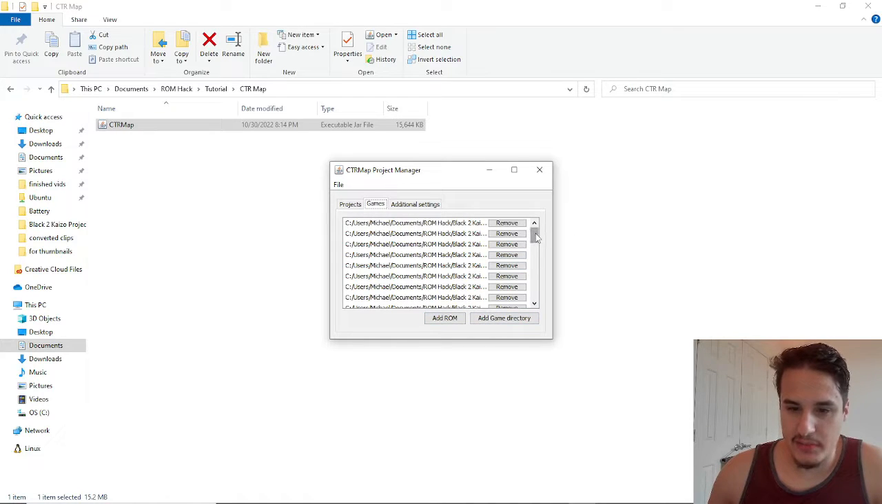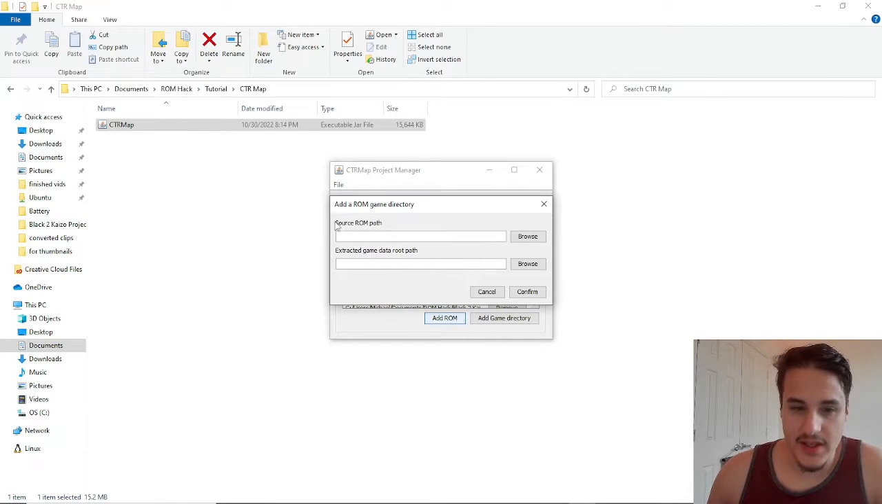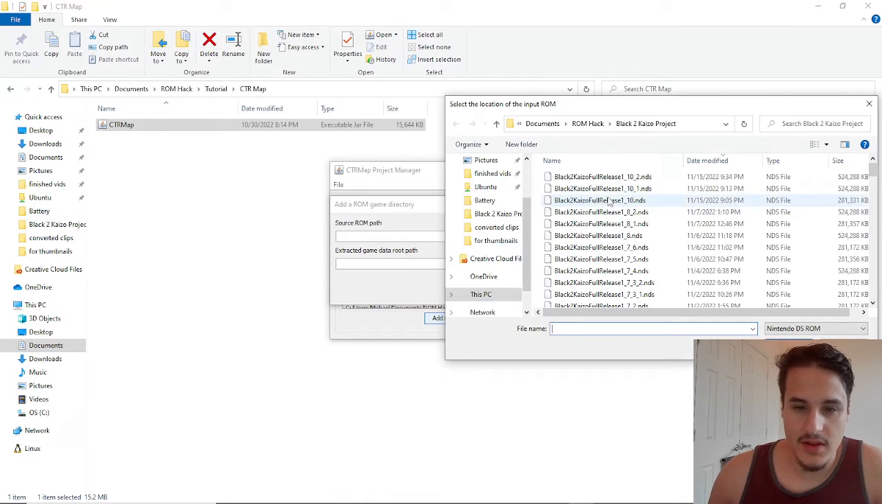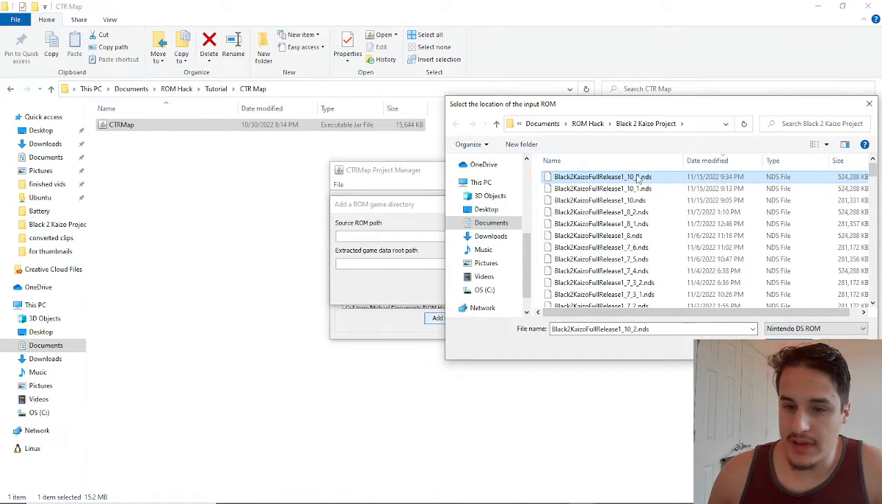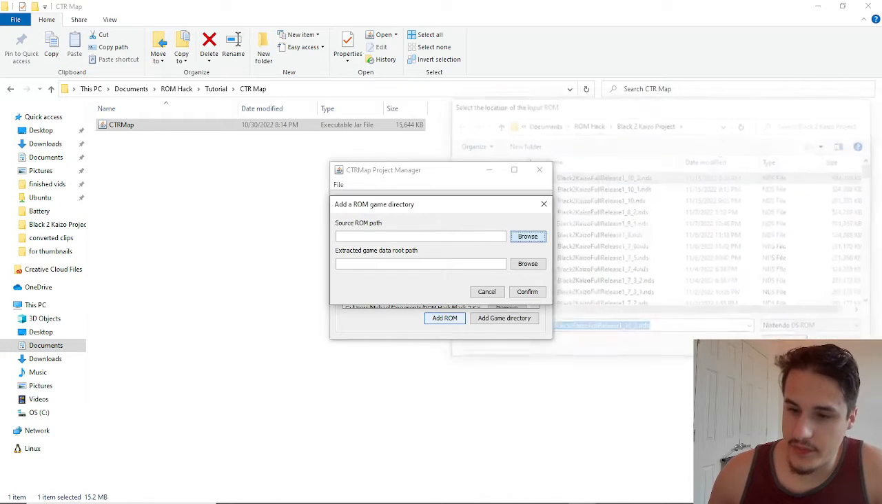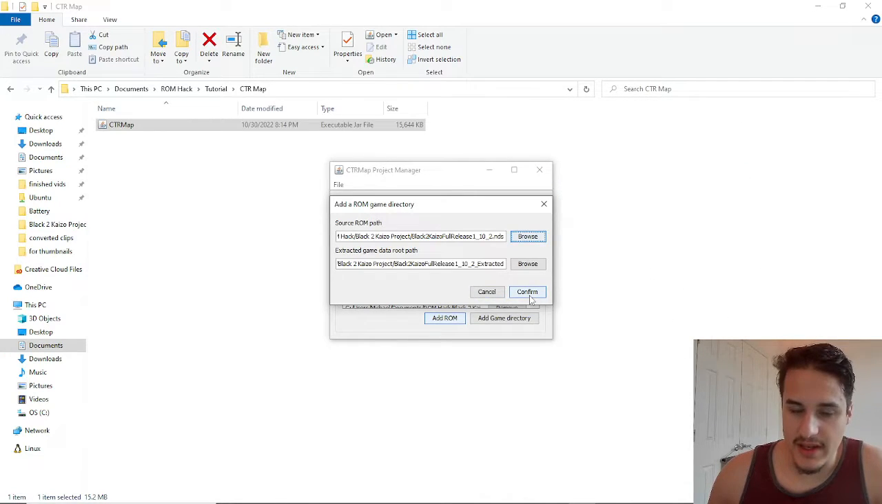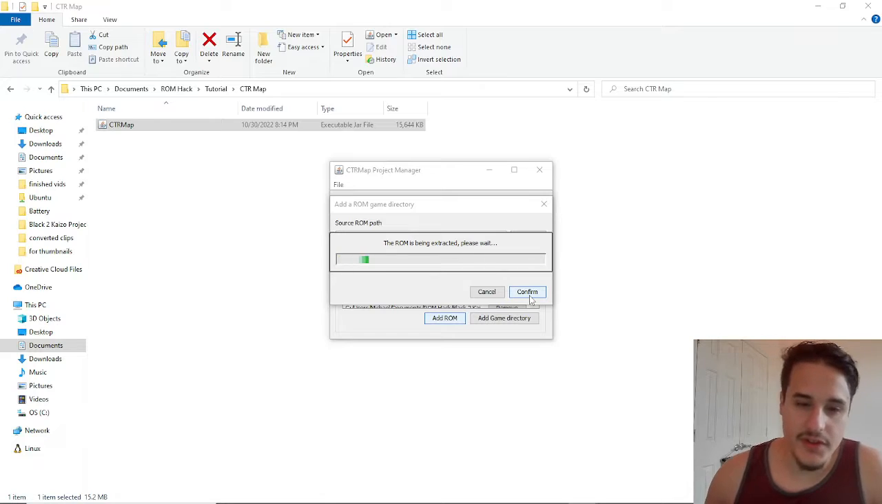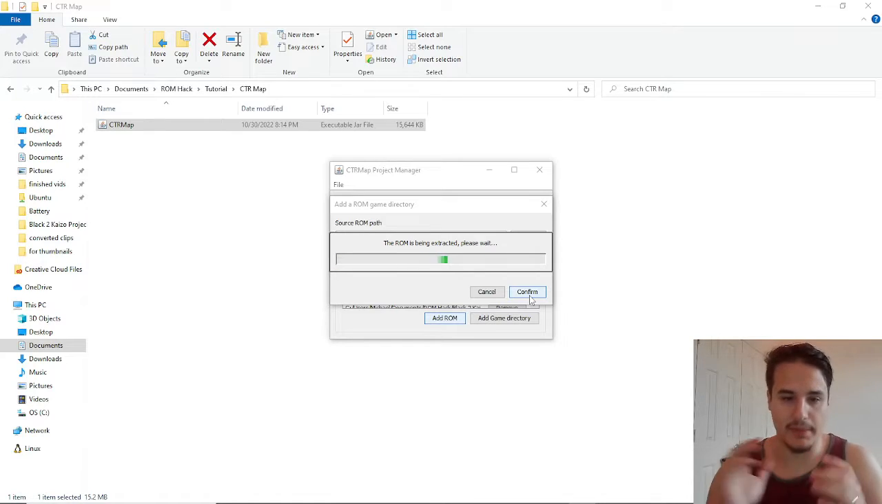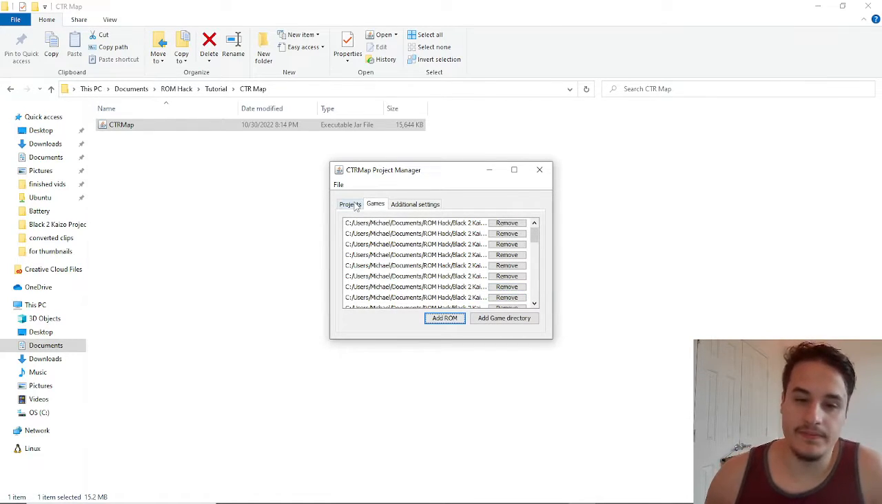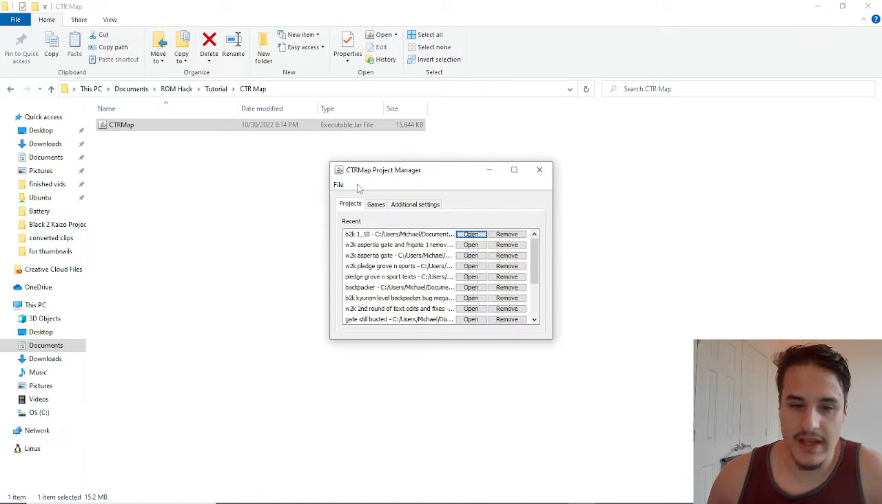I've been working with a lot of versions, so yours will be blank. So we're going to add ROM right here. A source ROM path. I'm going to hit browse. And I'm going to open up Black 2 Kaizo full release. This is the recent version that I'm working with. I'm going to open this, and I'm going to hit confirm. So it's going to extract all that game data, make a little copy of it so that you can edit it. Now we're going to go to projects, and we're going to go File, and we're going to go Create New Project,